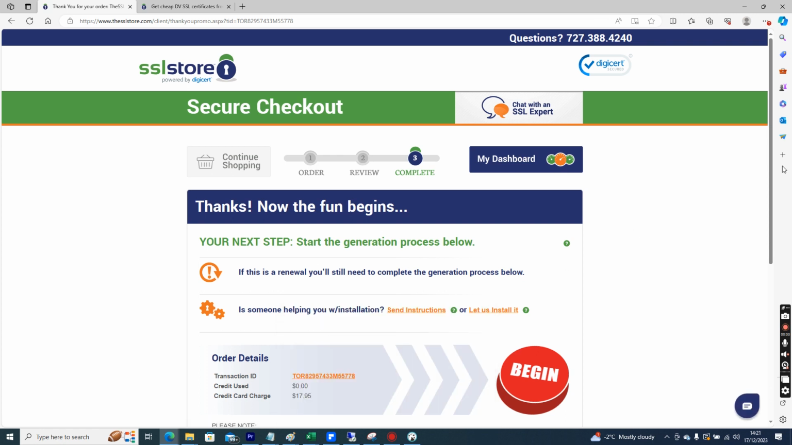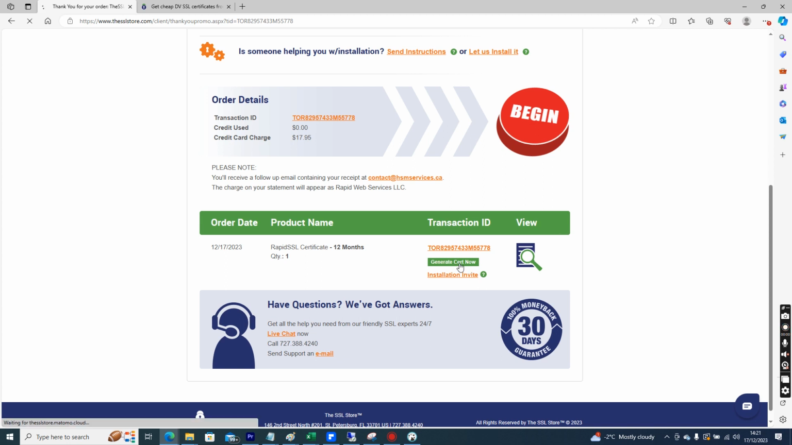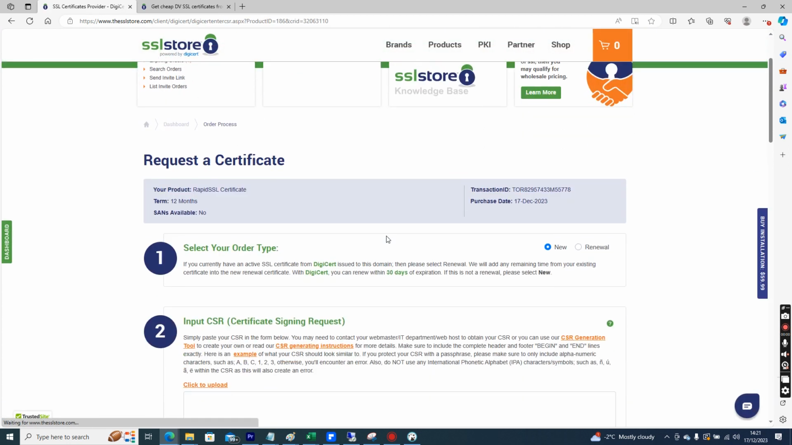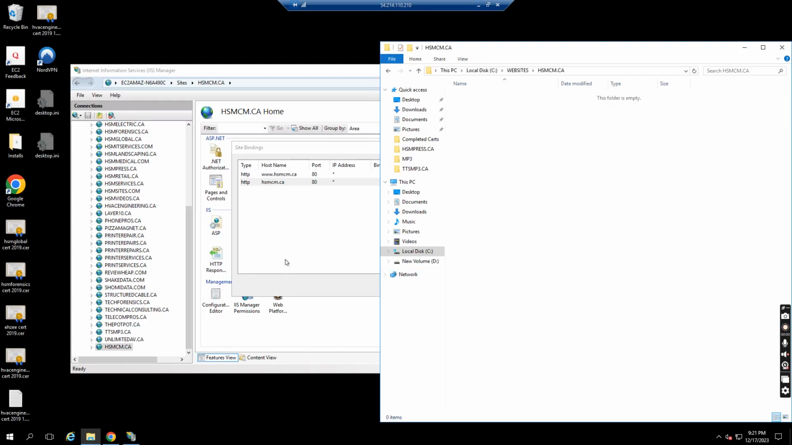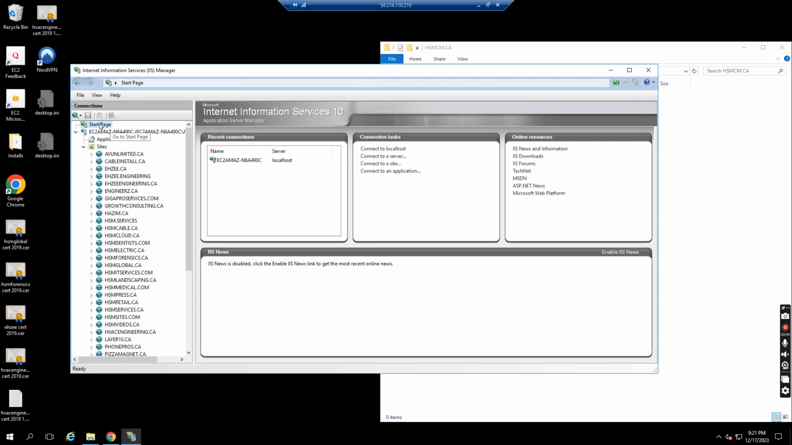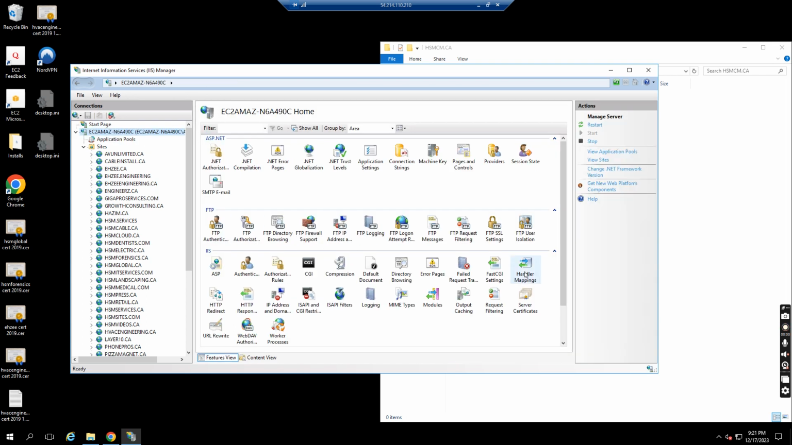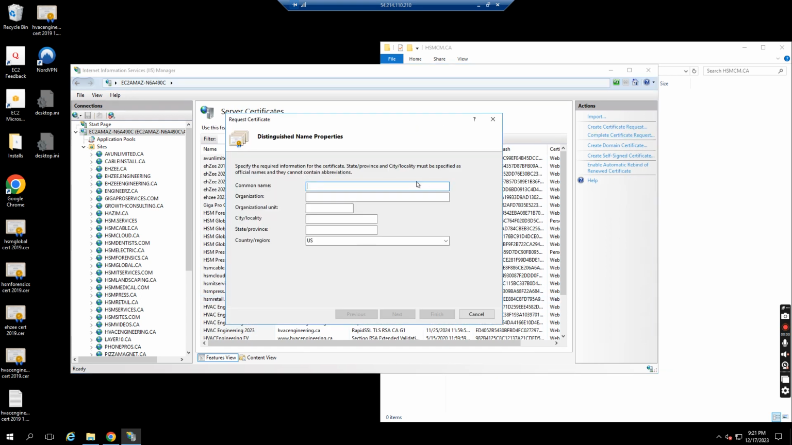Now that you've bought your SSL certificate, you can go to generate certificate. There's an option for that. Then you want to go back to your web server and open up Internet Information Services, for example, if that's what you're using. Go to your start page, click on server certificates, then create certificate request. In here, you want to type the domain name that you're trying to protect